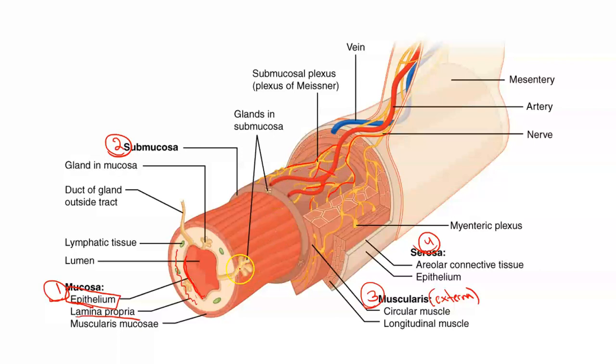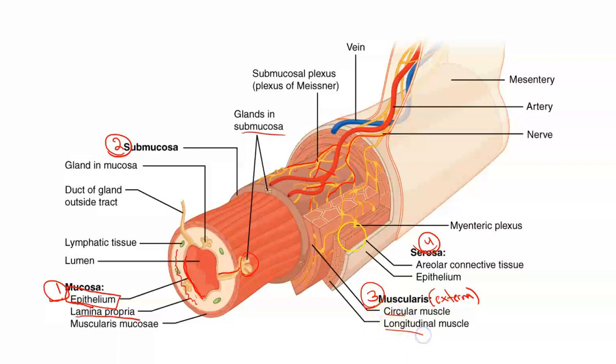A lot of the glands that make their way through the lamina propria of the mucosa originate in the submucosa. And this is where also a lot of capillaries would be found, where blood is going to take up nutrients and things. Okay, wrapping around then the submucosa is the muscularis, and this actually has two components to it,